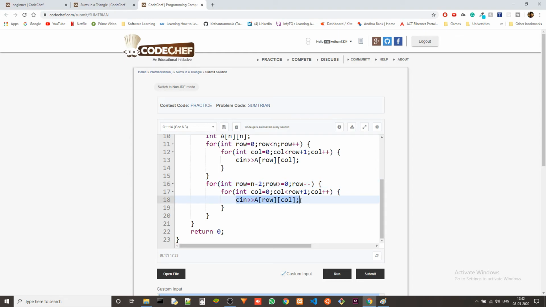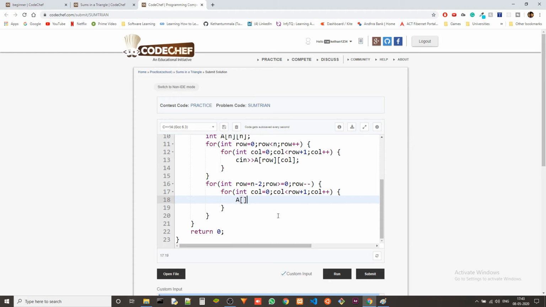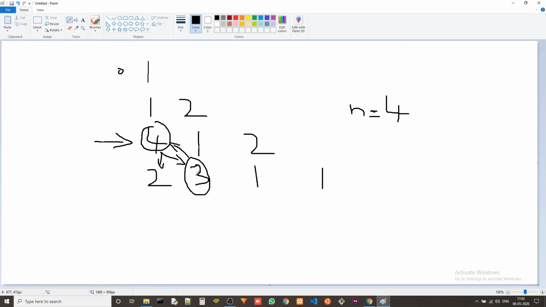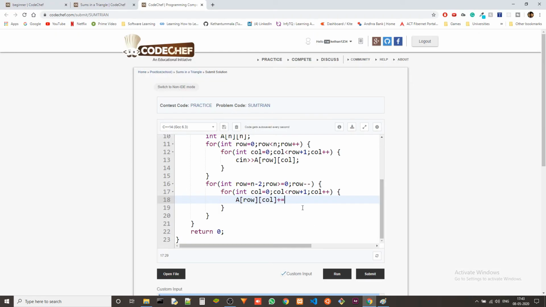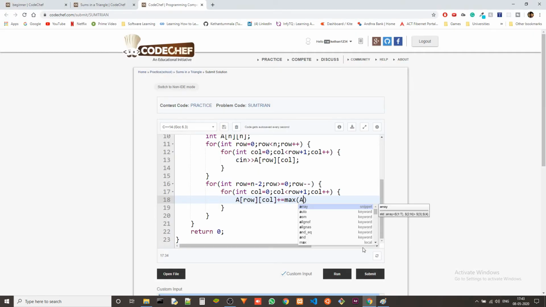Here what we have to do is find out which is the maximum element and then add that element to our current element. So A of row of column plus equals, because we are adding it, right? We are adding 3 to 4, that's why we can use plus equals, and then max. We have to use the max, which will find out which is greater, either 2 or 3, right? Max of A of row plus 1,